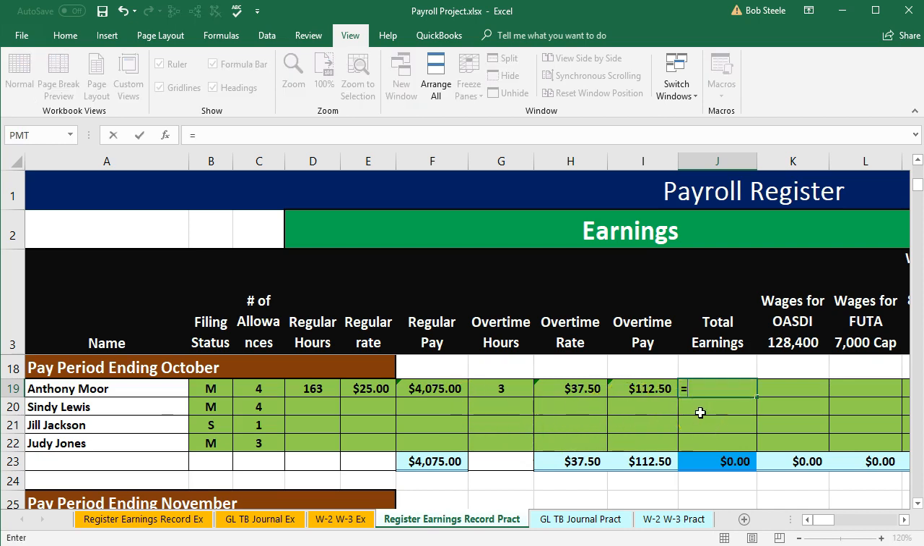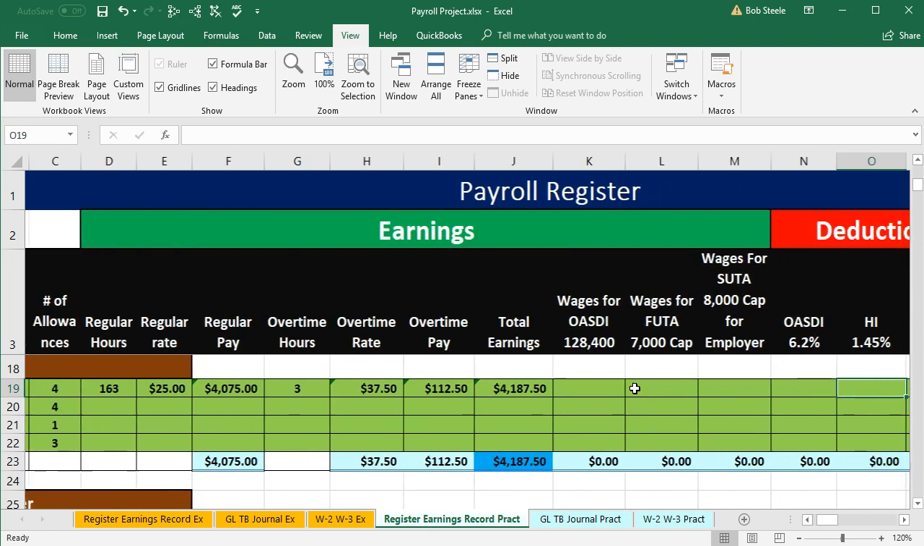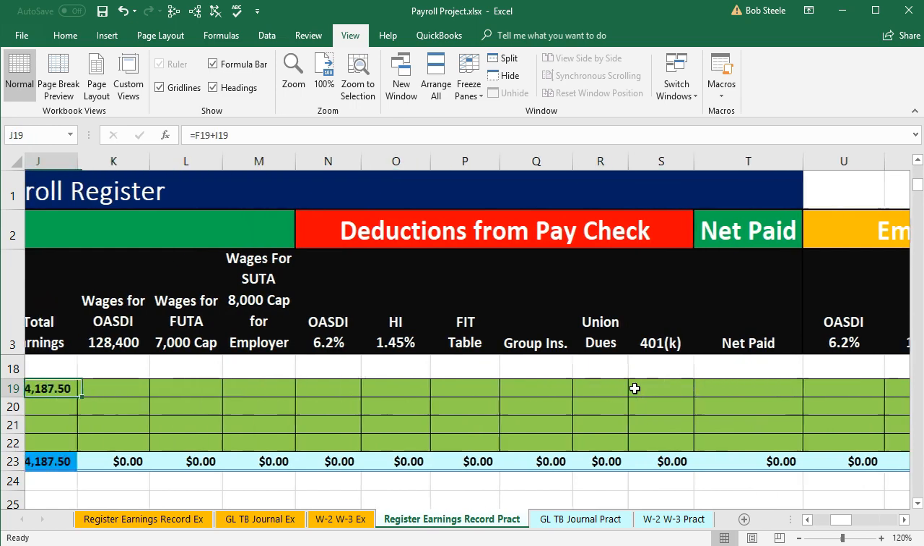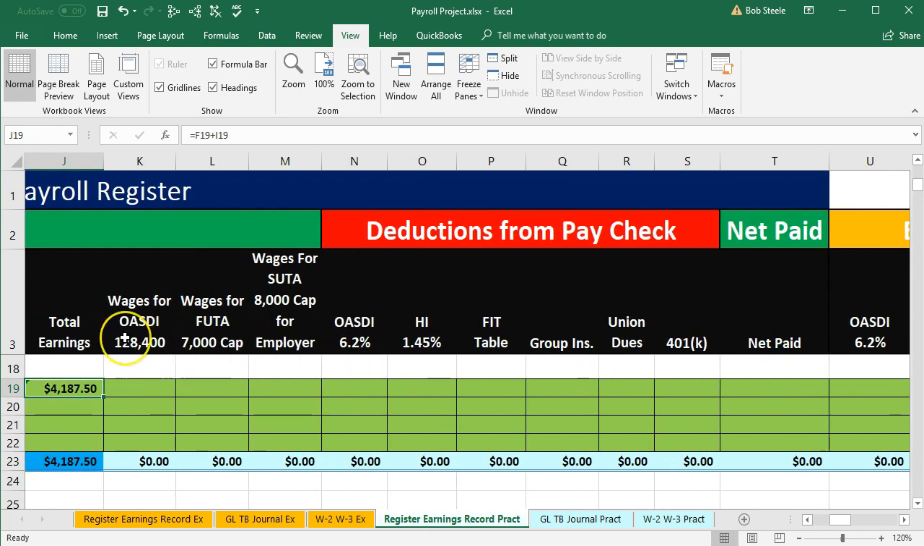So total earnings equals the regular pay plus the overtime, and that'll give us the 4187.50. Now we have to go to the other types of earnings and see if we hit the cap. It would differ if we hit these caps. I'm not worried about hitting the cap here. This employee is not going to get up to the 128,400, but we do have to worry about FUTA and